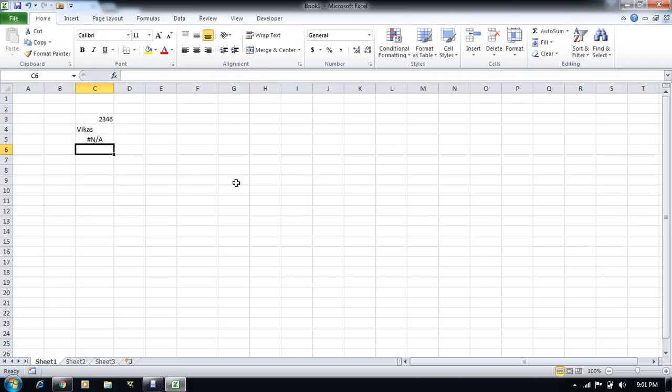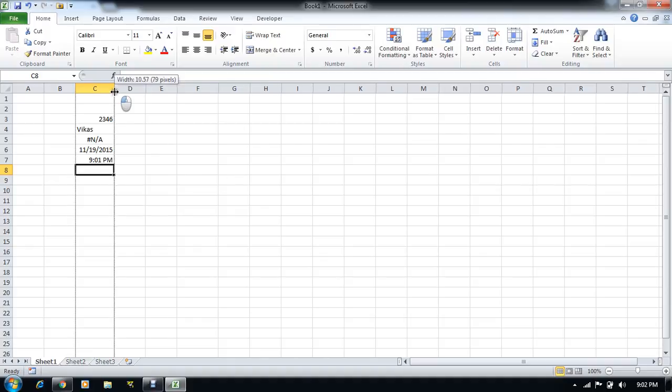Whenever we type the date, for example if you want to add today's date, you can just press Ctrl and the semicolon button, and it will be typed here. And if you want to add the current time, you will have to press Shift Ctrl and the semicolon button, so the current time will be added to the cell.